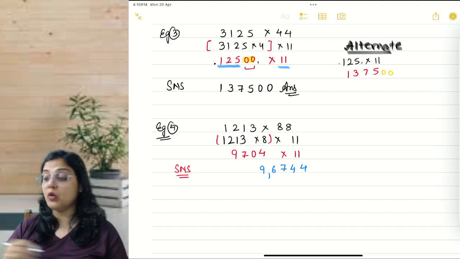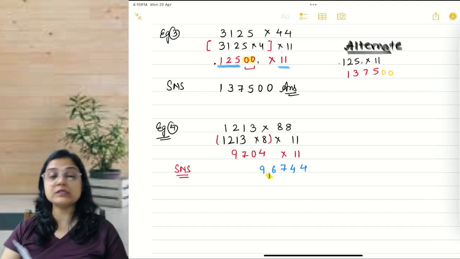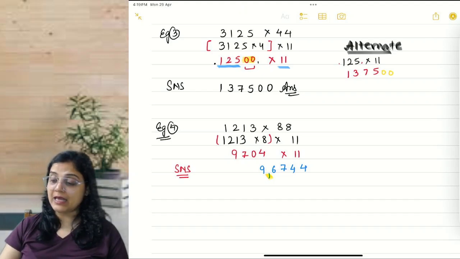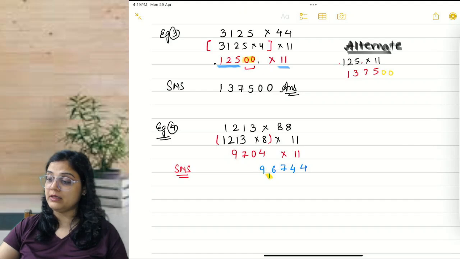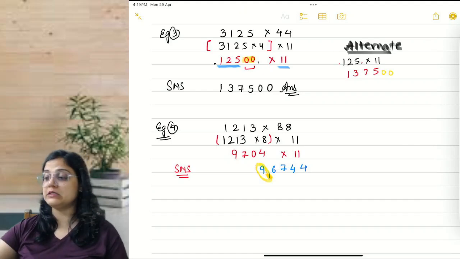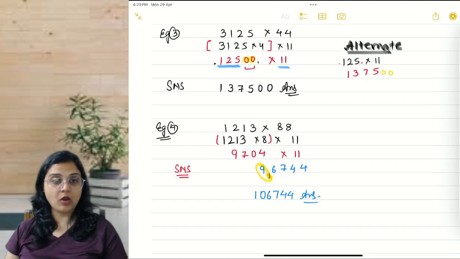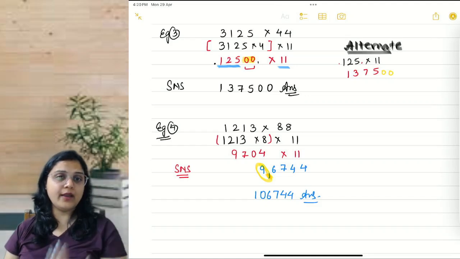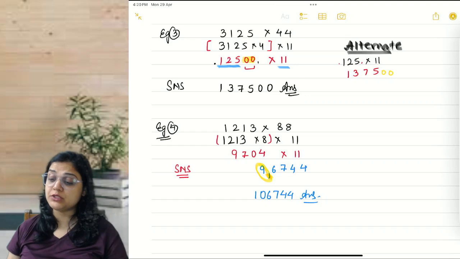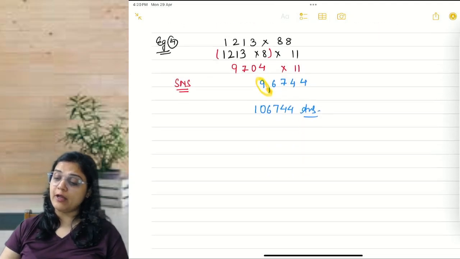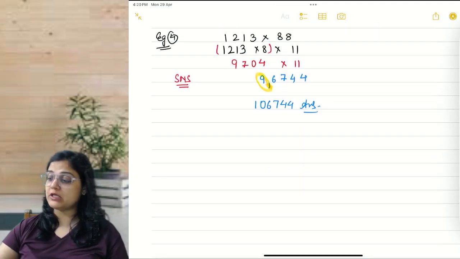All right, now this is the case when you have a carry to balance. And I hope you remember in the previous class how to balance the carries. Carries are taken over by the next place. Carries are added with the next place digit. So here it is 9 plus 1 is 10, 6, 7, 4. 4 is my answer. All right. So it's taking less than the required time for finding such big calculations. Let us see example number 5 now. I'm keeping example number 4 on screen for you.